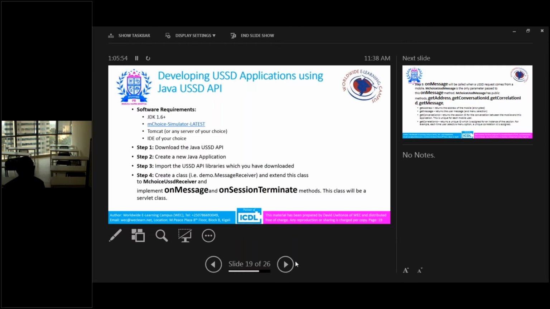And you have to implement two very important methods. We have on message and on session terminate. On message is a method which has your task, it is like the body of your application. On session terminate provides a condition for terminating a session, because I told you